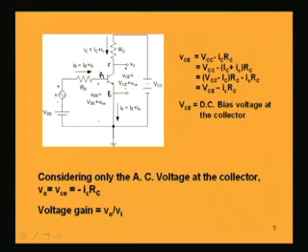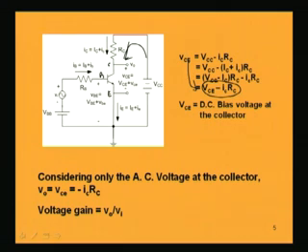So, collector to emitter voltage is equal to VCC minus ICRC. In this output circuit, if we apply Kirchhoff's voltage law, we get VCC minus ICRC is equal to VCE. Basically what we are writing by this equation is the instantaneous voltage between collector and emitter,